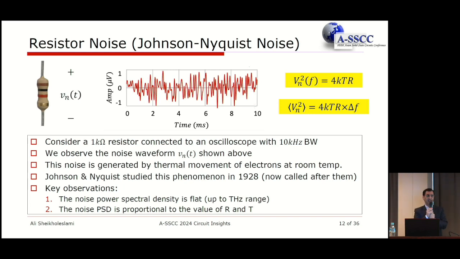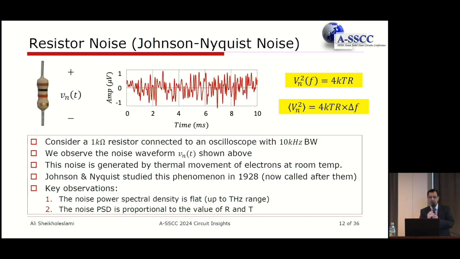And the idea is that, of course, we have learned from our undergrads that if you have a resistor and there's no current to it, the voltage across it should be 0. And you're wondering, why would we even have noise? And the idea is that there are these electrons inside the resistor that are moving. And whenever you have a movement of electrons, you have a current, right? And so there's lots of electrons, and there are lots of movements, and the overall impact of that current that is going up and down is that you will observe a voltage across this resistor.